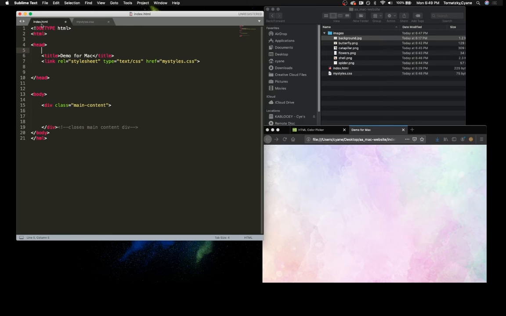Cool, that's great. Now in my div class main content, I'm going to create a couple of divs with the class name that's going to match what's inside the div. So butterfly will be one div class. And I have a couple options, but I'm going to close that div for the moment. I'm going to copy and paste this. Let's see, I have 1, 2, 3, 4, 5. So 4 more times. 1, 2, 3, 4. And instead of butterfly,